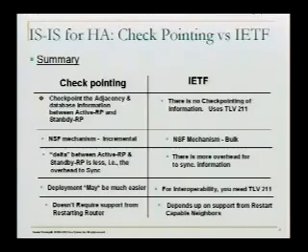I mentioned the checkpointing mechanism here as incremental, because the idea is you have a lot of information when you restart, because it already has checkpointed the database and the neighbor information. So any missing information is obviously incremental, in the sense you are worried about the delta, the difference. Versus with IETF, the restarting router does not have anything. So it sends this TLV-211 with the RR bit set, so it's more of a bulk mechanism.